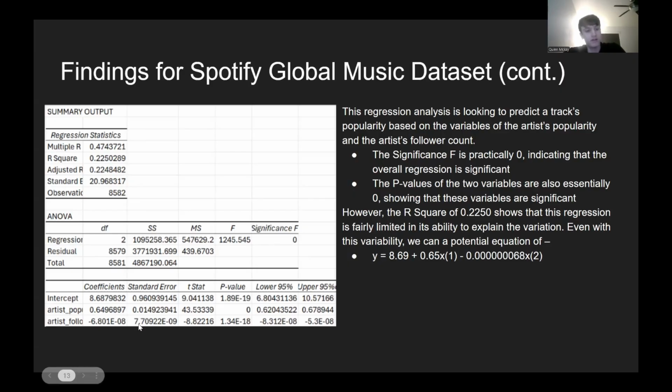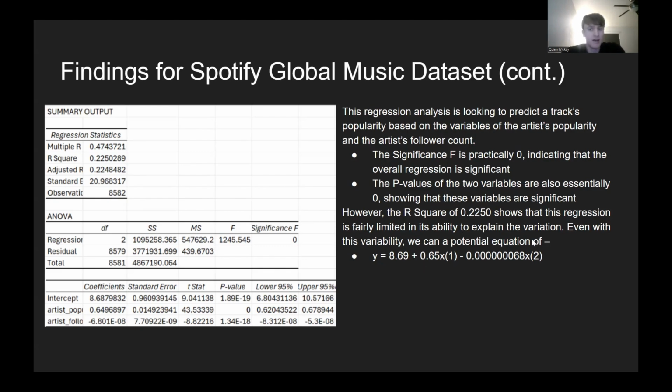And our two variables are significant as well, as they have p-values of pretty much 0. However, the R squared of 0.22, or 22.5%, shows that this regression is fairly limited in being able to estimate track popularity based on